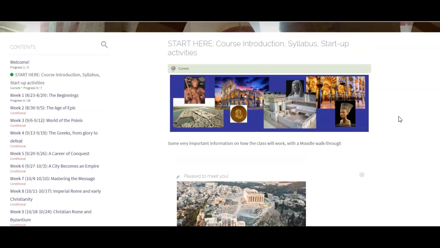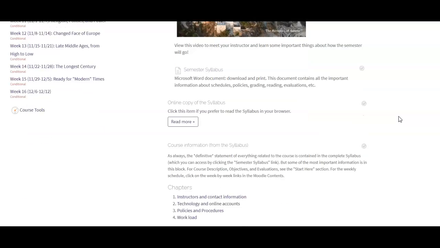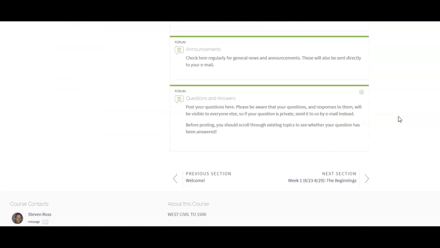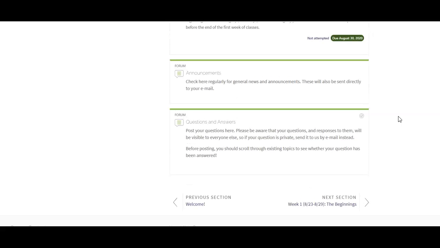This little Start Here section doesn't have much else in it, but it is kind of a home base for you, because if I scroll down here to the very end, there's a couple of other things, two other things that you want to know about. Number one, this forum for announcements, where I'll post any notices that might say, for instance, well, we've changed up the format of the exam a little bit,